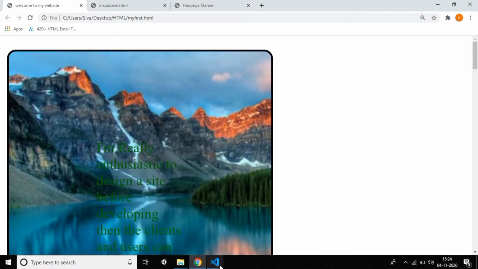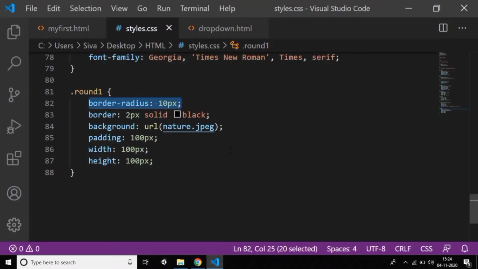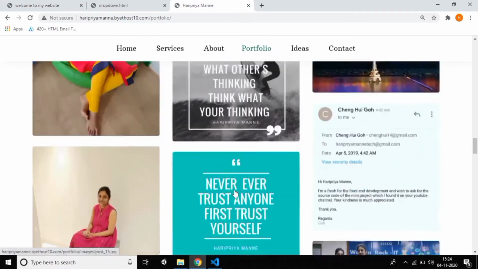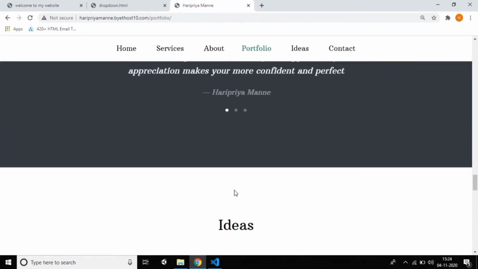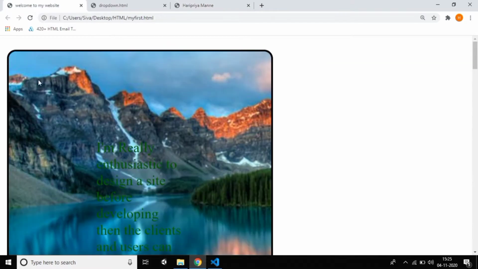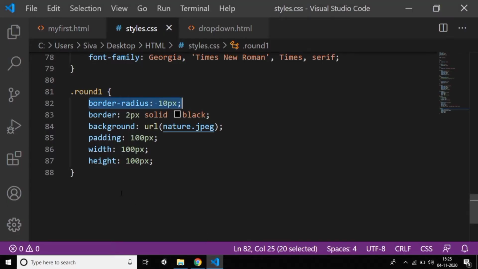Now in this tutorial I'm going to explain about gradients. We all know colors, and the mixing of colors is called a gradient. So how do you use it in your website? Generally in my website I didn't use any gradient colors. It's a simple website which I designed. If you want your website to be very stylish and colorful, gradient is the best. So I'll use the gradient, not taking any text, just the gradient first of all.